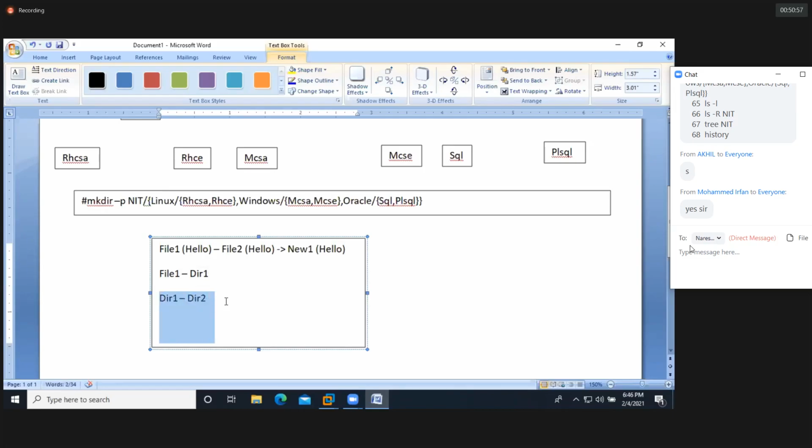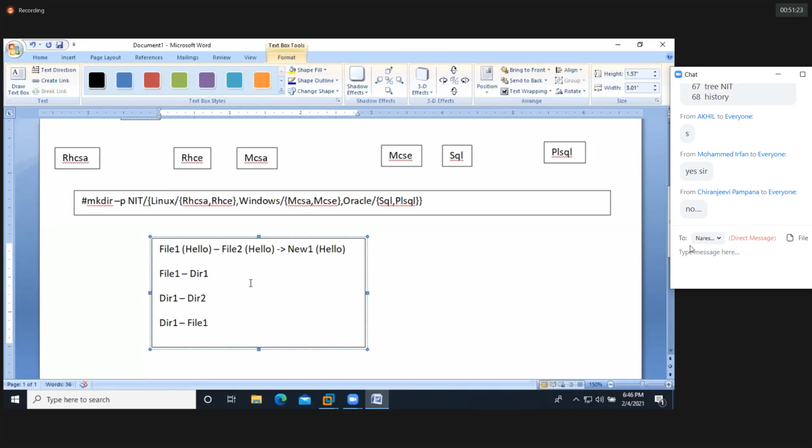Can we copy a directory to a file, guys? For example, I have dir1 and I have file1. Can we copy this? No, it is not possible. Why? We are unable to keep the directory folder into the file.